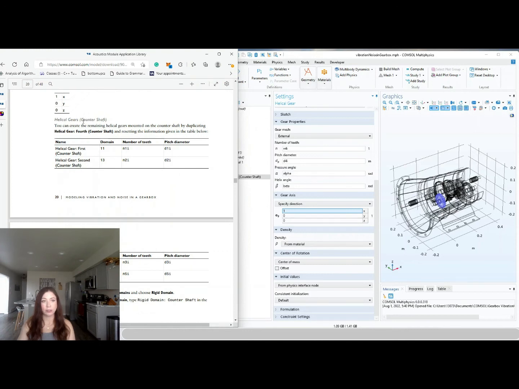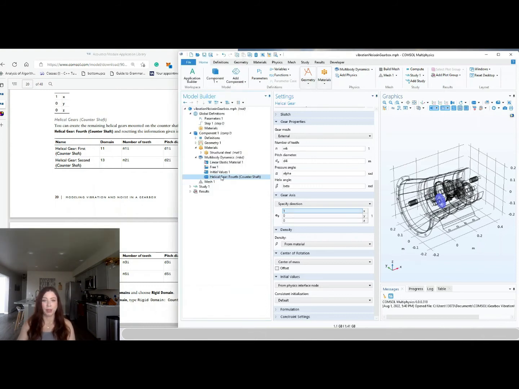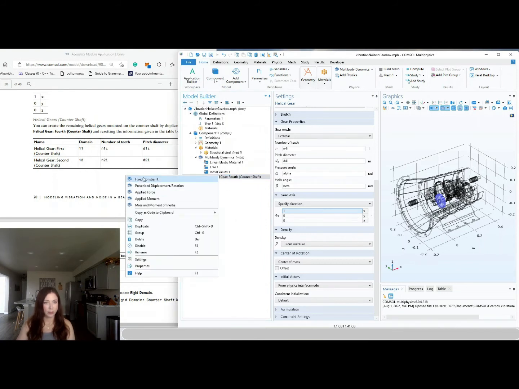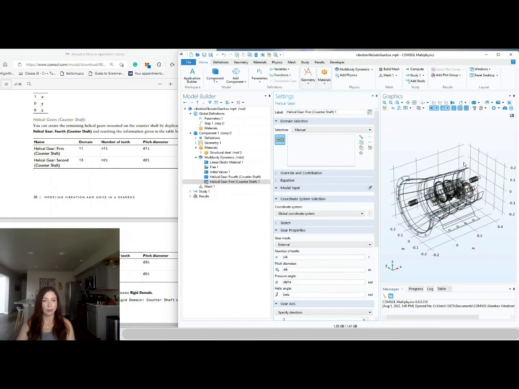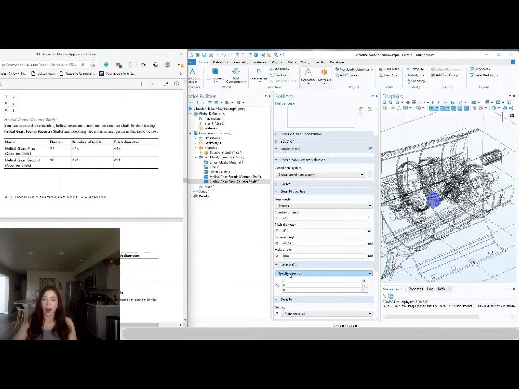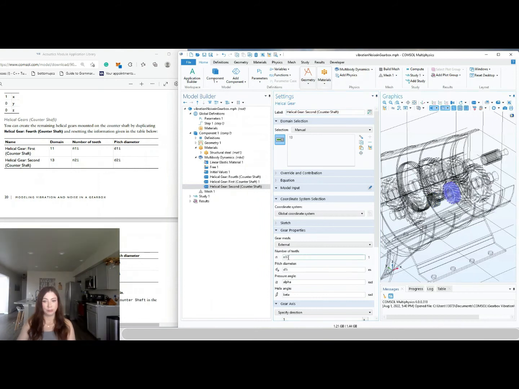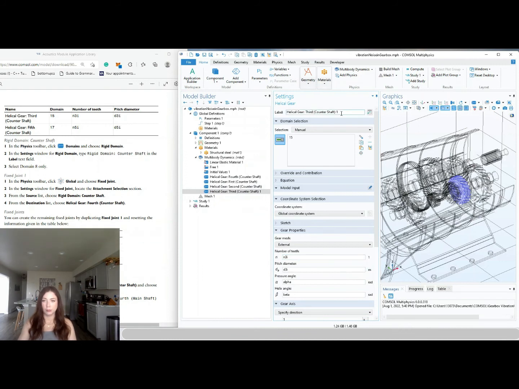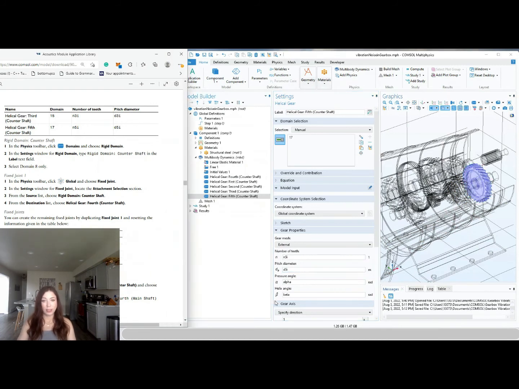Helical gear 4th countershaft. You can create the remaining helical gears mounted on the counter shaft by duplicating the 4th countershaft gear that we just created and resetting the information given in the table below. So let's do that quickly. I'll just fast forward through this part. Alright, so that was all 4 of the countershaft gears. Now we're ready to